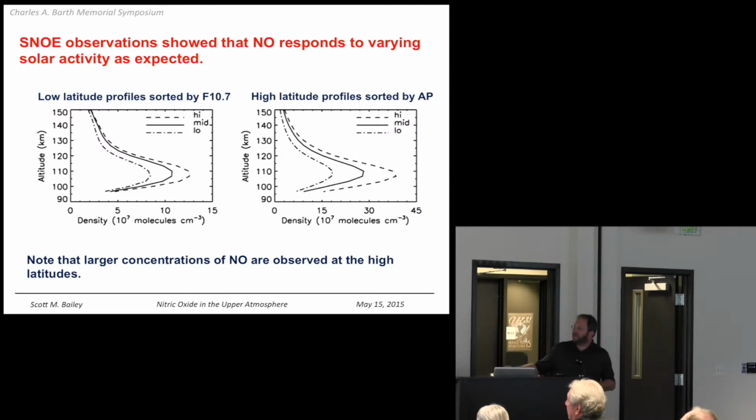But to get into some of the science, the idea of SNOWY was to relate nitric oxide to the energy inputs, and here I show altitude profiles for low, mid, and high levels of solar irradiance. So the soft X-rays that create nitric oxide, you see it responding to solar X-rays. Just like photoelectrons lead to production of NO, geomagnetic energy in the form of auroral electrons also create NO, and you see for different levels of geomagnetic energy, you see the NO responding. Take a look at the x-axis there. It's much different on the right side. The geomagnetic energy leads to much larger levels of nitric oxide. You see the highest amount of NO at the poles and the most variability.